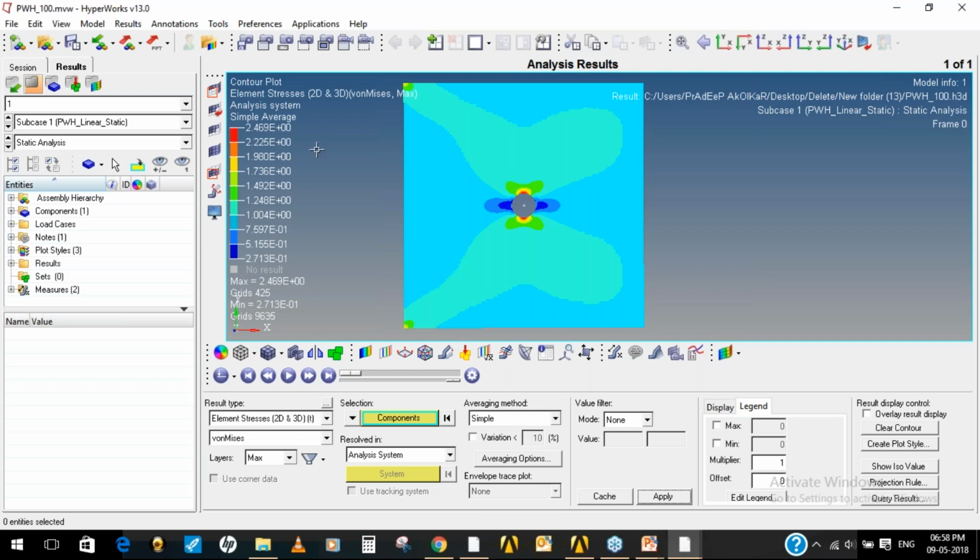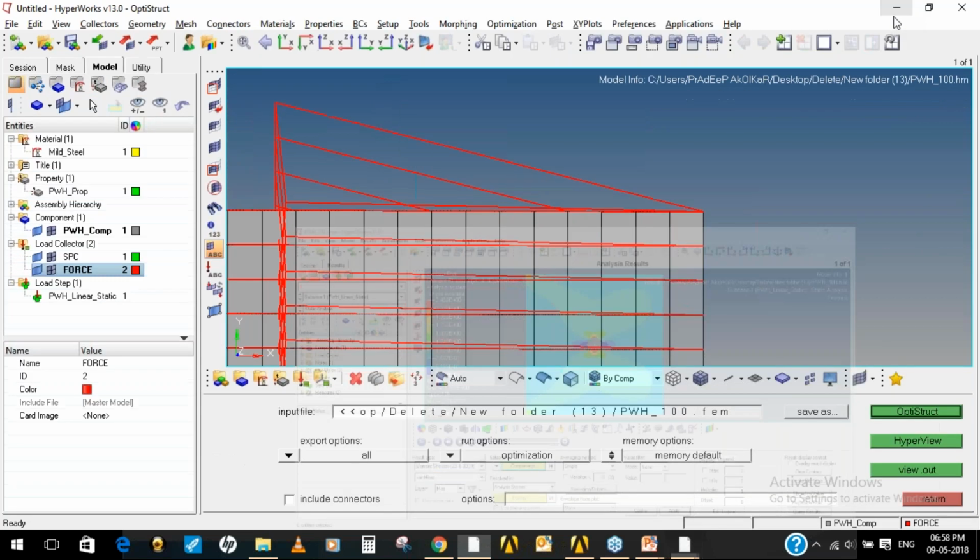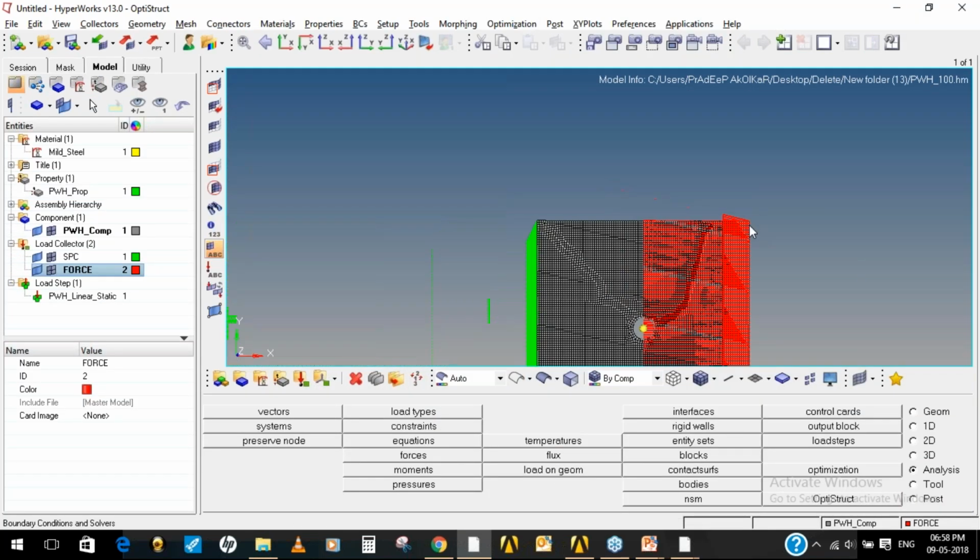Okay. So now here you can see that we have gone more close to the actual result. The actual, or analytical, result which we have calculated is 3 MPa, and by using the element size of 10, we have got the result as 2.469 MPa. So which is more close to the actual result. So now in the same way, you'll have to solve